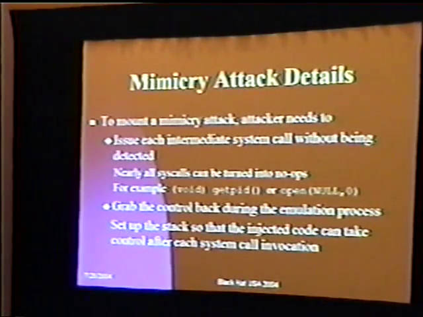And then, in the end, when you reach the system call that you need, you can actually hit the system by issuing the system call with whatever argument you like, so that you can achieve your purpose of mounting an attack on the underlying system. But along the way, in order to issue each intermediate system call appropriately to fool the runtime checker, you have to be able to grab the control back, right? So I have an application, I grab the control of the program, and then I try to issue a system call. But every time I issue a system call, I have to get the control back so that I can issue the next one, right? That's the thing that the mimicry attacker has to do,